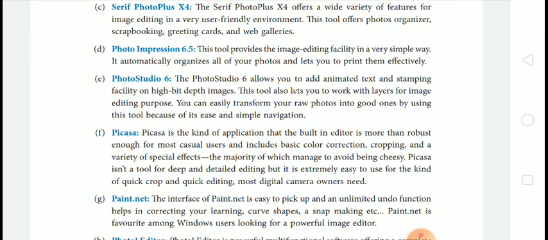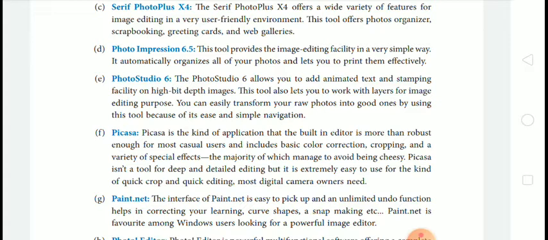Next is Serif PhotoPlus X4. The Serif PhotoPlus X4 offers a wide variety of features for image editing in a very user-friendly environment.